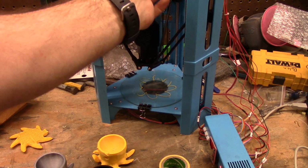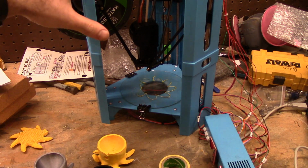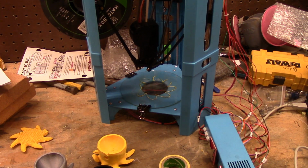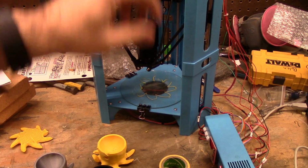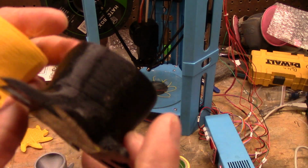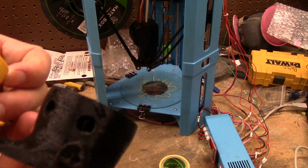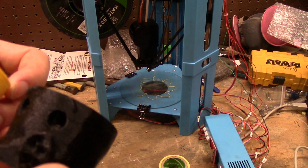I do need it to be stiffer. I ran it at 10 millimeters per second. No, slower, like 8 millimeters a second. This print, it didn't really improve it any, in my opinion. Maybe not, not really. So I'll kick it back up to 14 and leave it there